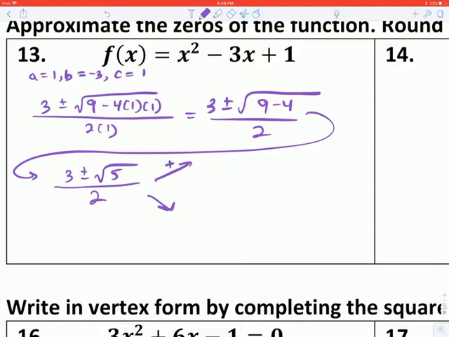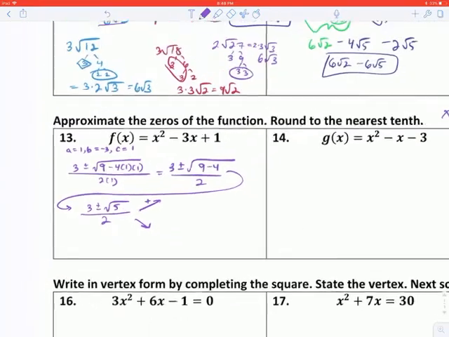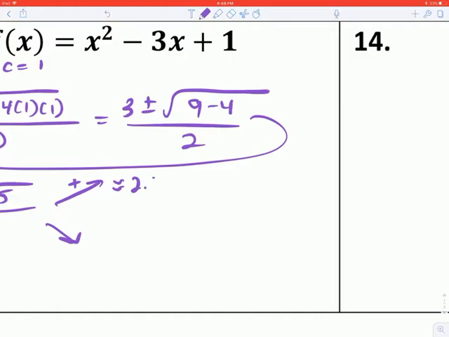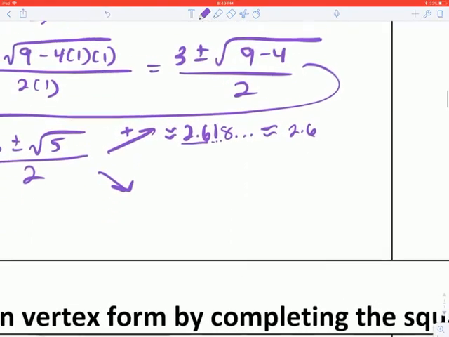So if I was using the plus sign, I would get 3 plus the square root of 5, divide that by 2, and how did I say to round it? To the nearest tenth. So it was approximately 2.618, and then it keeps going. However, this will be rounded to just tenth-wise 2.6 because I'm looking at these two and then this one kind of. Let's do the minus version,